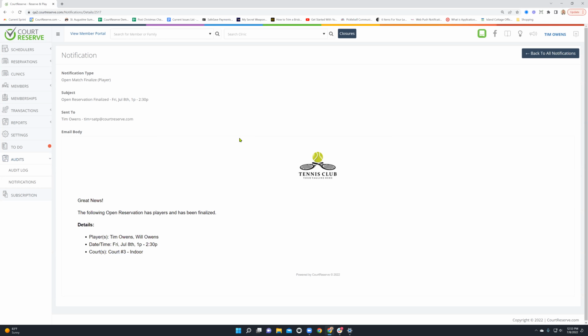There was a question in here about sending maybe a video to all members on how to use Player Matchmaker and encourage them to rate themselves. We don't currently have that. It might be something that our CourtReserve team can do, but I would encourage you to use the global announcements